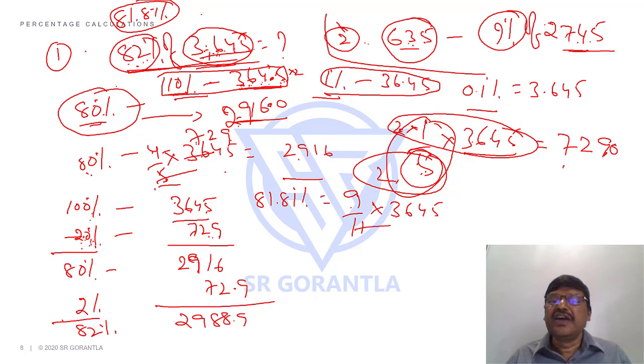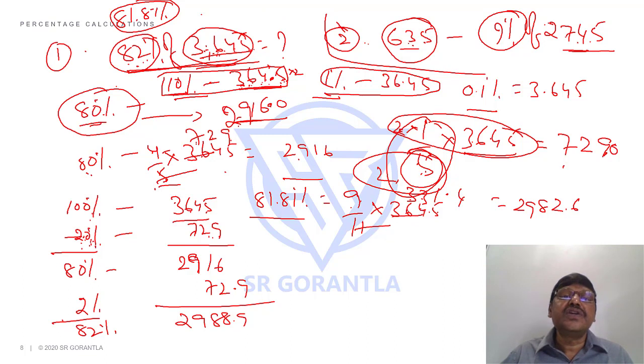If I see, look at this. 11 3s are 33, 44, 34, 11 3s are 33, 15, 11 ones, approximately 0.4. So what you will say, 9 4s are 36, 9 1s 9, 12, 9 3s are 27, 28, 29, 82.6. That is 81.81% approximately. But I want 82%, so how much more should I increase? 0.2% I should increase. What is 1%? You said 36.45. What is 0.1%? 3.6, so 0.2 will be close to what? Into 2 will be around 7. If I increase by 7, it will be around 2989 approximately.